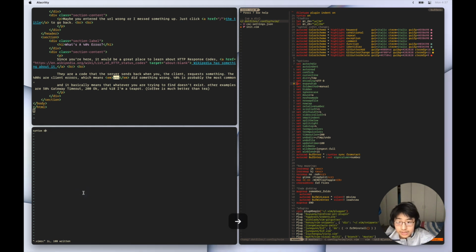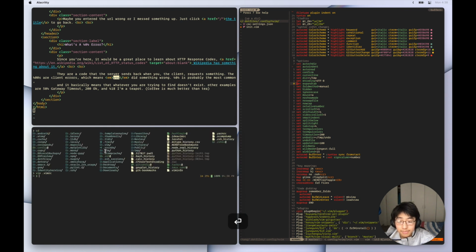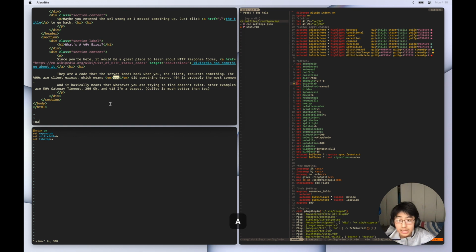So if you go there, set expand tab. Great. And then you have to say set shift width, I believe. Set shift width equals 4, and set tab stop equals 4. So what you do now is, if you do that, and you relaunch this for it